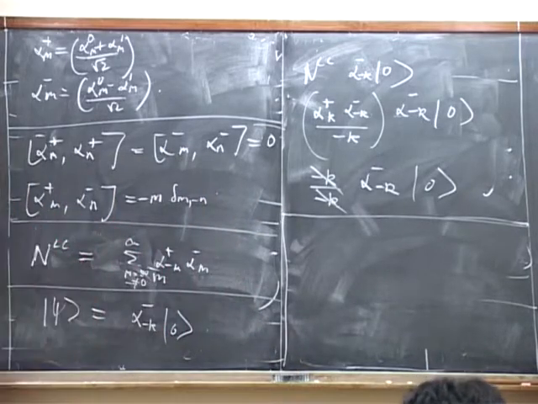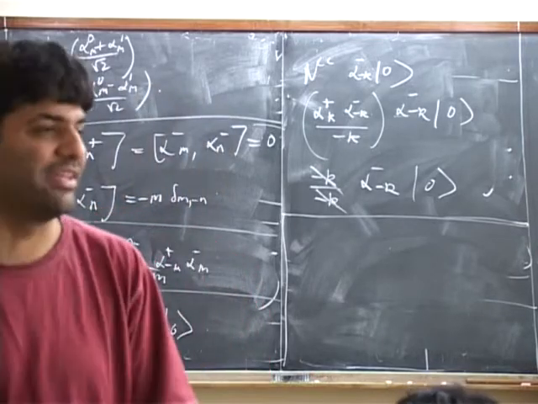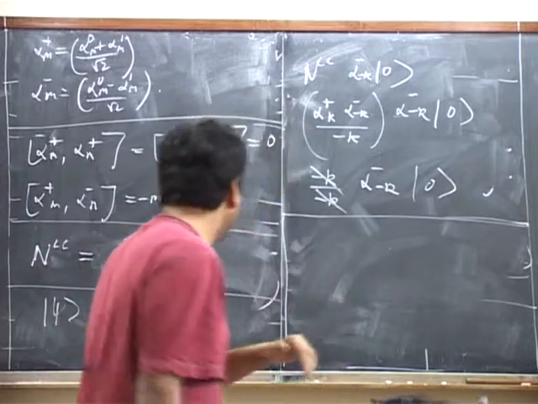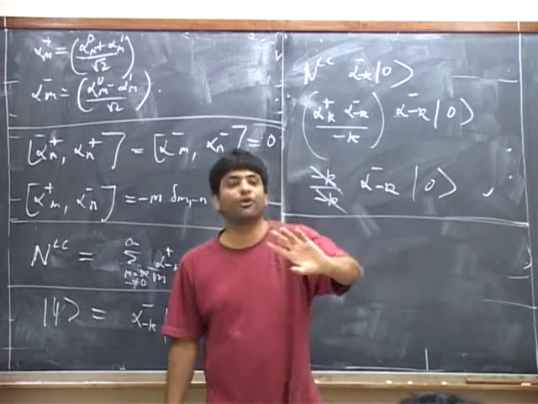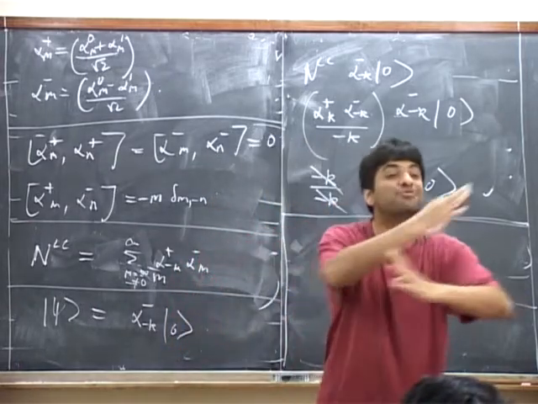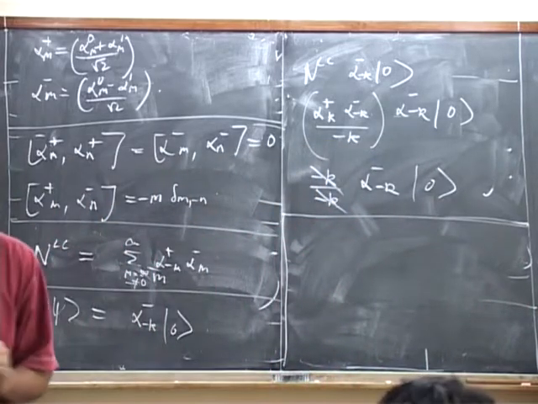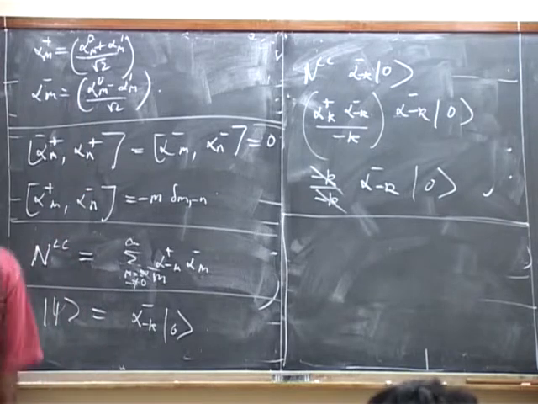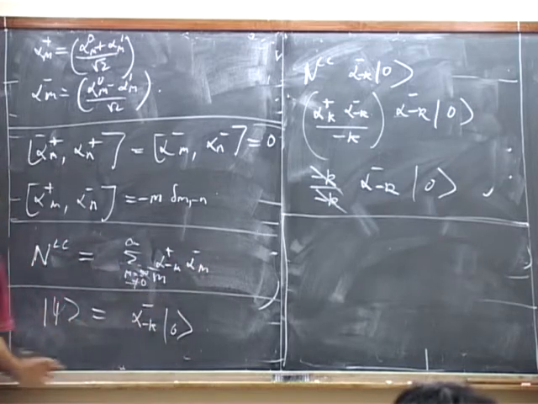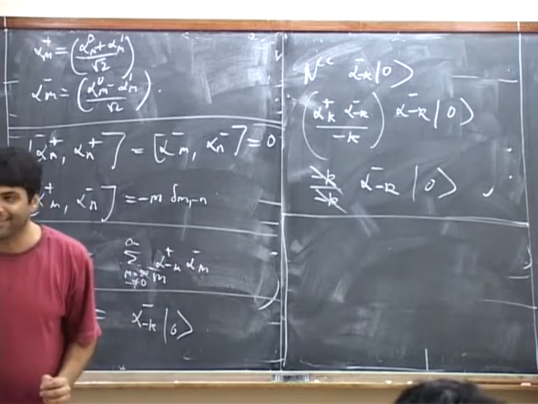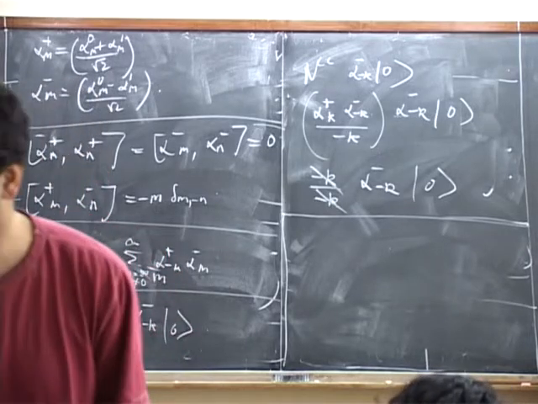Now this operator is almost a symmetry of the theory. Though we won't use this and I won't try to justify it in any detail, it's almost the generator of Lorentz transformations in the plus minus boost direction. It's not quite that, because it would have been that had we also included contributions from the zero modes. But we're not including contributions from the zero modes.